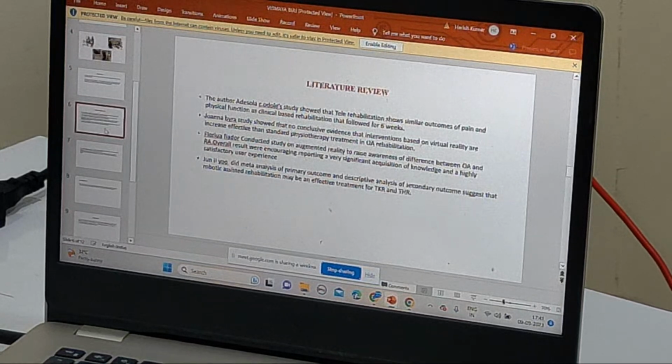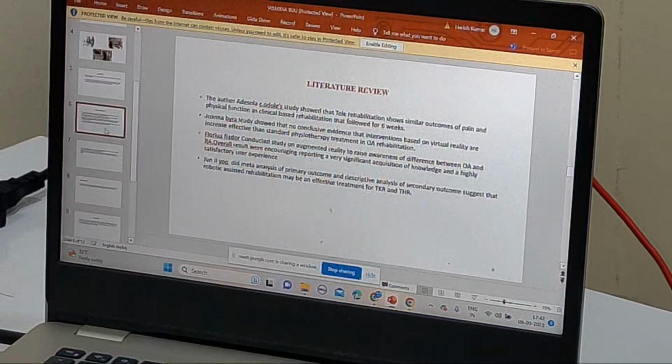Their study concluded that augmented reality raised awareness of the difference between OA and RA. They didn't go with pain management or improving ADLs. They went with raising the awareness of the difference between OA and RA. Then the other was